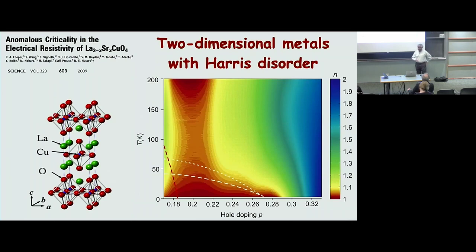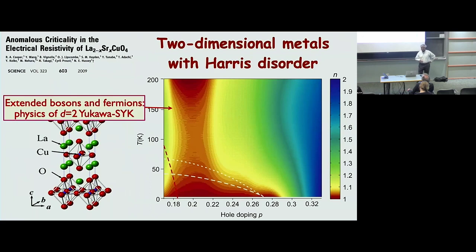The answer is that when you're in this higher temperature regime, in the so-called quantum critical fan, then the boson and fermion excitations of the Hertz-Millis theory basically both remain extended. And because they're extended, the effects of disorder are rather mild and can be taken into account in some kind of self-averaged way. And we've learned how to do that over the past few years in metallic states, how to self-average disorder in strongly interacting fermions in the context of the SYK model, or what's called the Yukawa-SYK model, where you have both bosons and fermions with random interactions. And I'll show you that if you take such a theory, you can really understand many details of the observations in strange metals